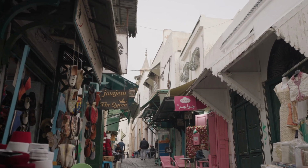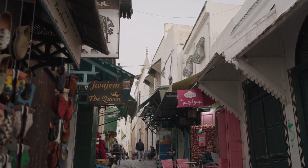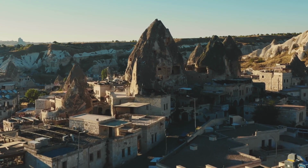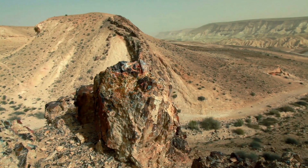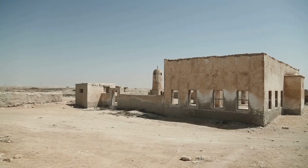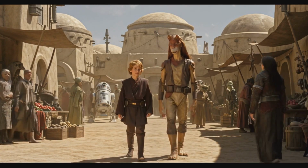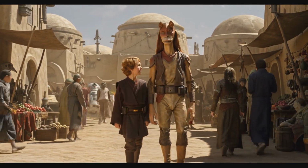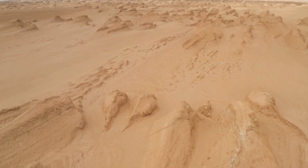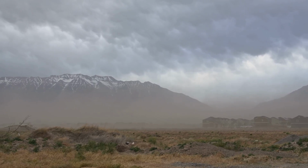Remember young Anakin Skywalker's hometown in Episode 1, Mos Espa, with its dusty streets, market, and Watto's shop? The Mos Espa set was built near a place called Ong Jamel, the neck of the Camel Rock Formation outside Tozeur. And amazingly, those set pieces still stand in the desert. You can wander the abandoned streets of Mos Espa, peeking into the same doorways Lil Anakin and Jar Jar Binks walked past. It's surreal. Sand drifts against the walls, and occasionally the Tunisian winds make the place look like the